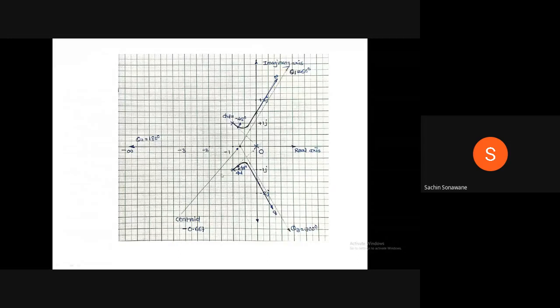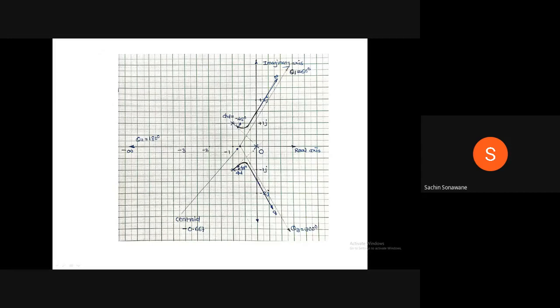Now you have to construct the root locus. For root locus, always start from the open loop poles, always remember. Since three angles of asymptotes are there, the number of branches, P minus Z, N is equal to 3, will be there. Therefore, this is the first branch, 0 to minus infinity. This horizontal line is the first branch. Now this is the second branch.